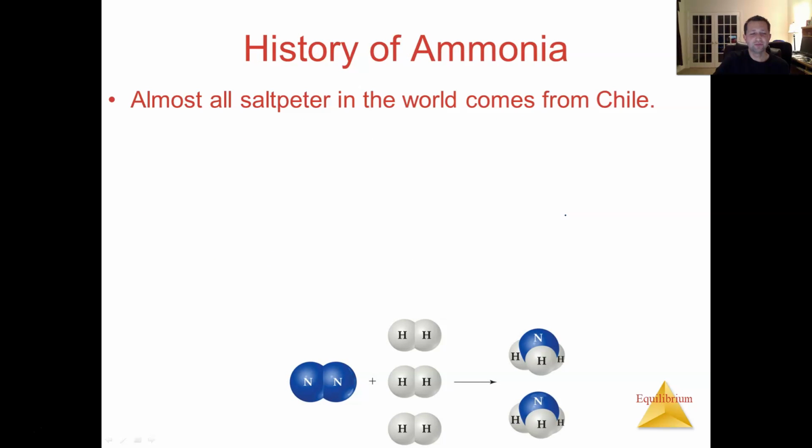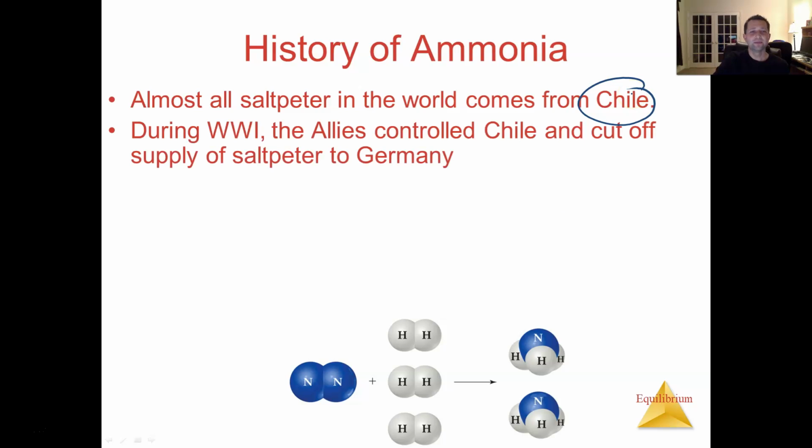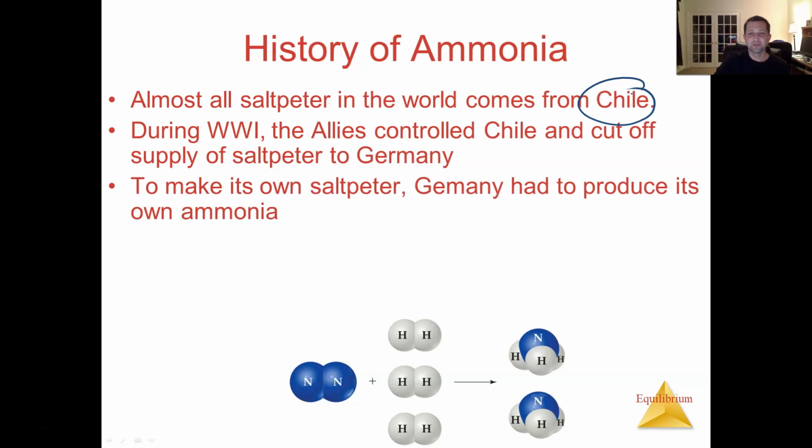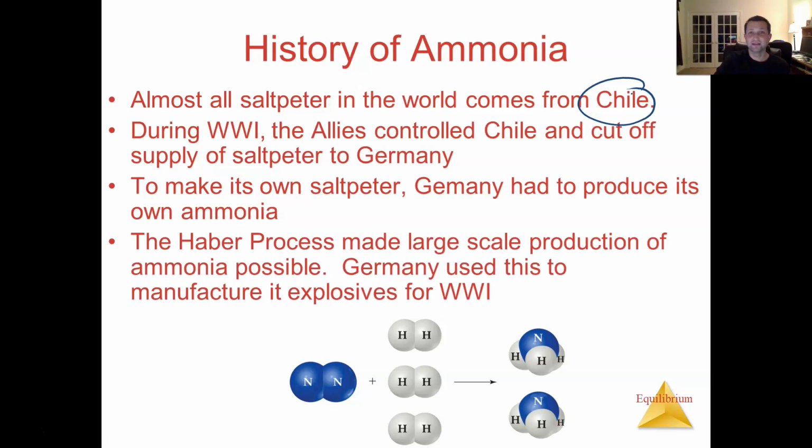So the history of ammonia real quick is that most of this is made in just one part of the world, right here, okay? And during World War I, the Allies controlled Chile and cut off supply of the ammonia production, basically, and the KNO3 to Germany. So Germany had to figure out a way to make this itself because it needed to make its own explosives